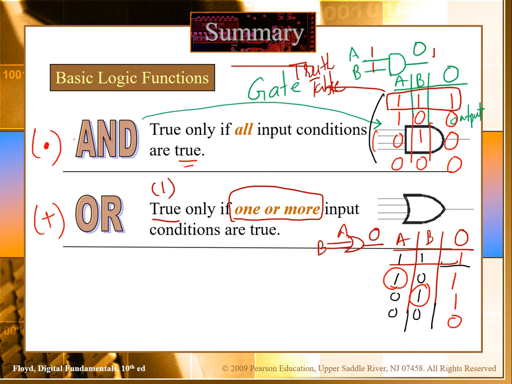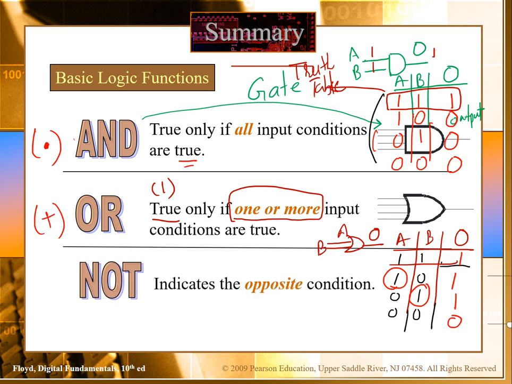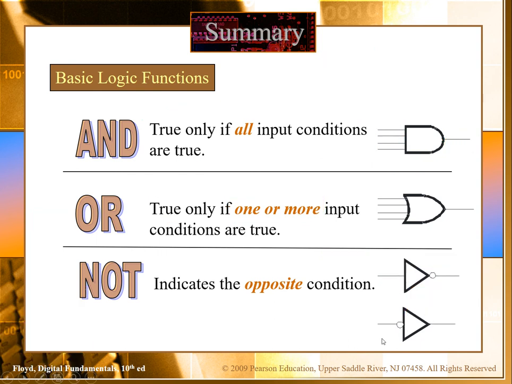The third form of the logic gate is the NOT gate, and the NOT gate operation looks like this one. NOT is just the opposite. The symbolic representation is like this one: you have a shape like this and then just a bubble at the output. This bubble could be at the output side and this bubble could be at the input side. So this is a NOT operation, or we also call it the inverse operation, the inverter.